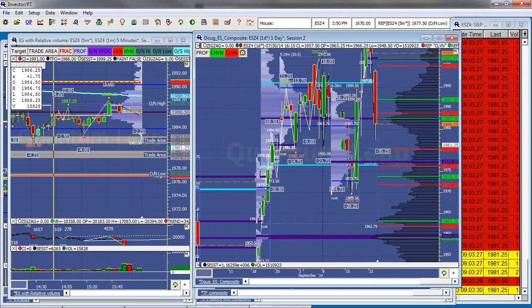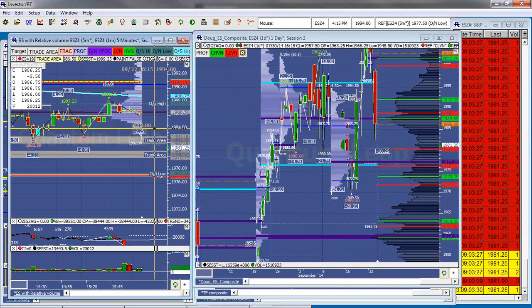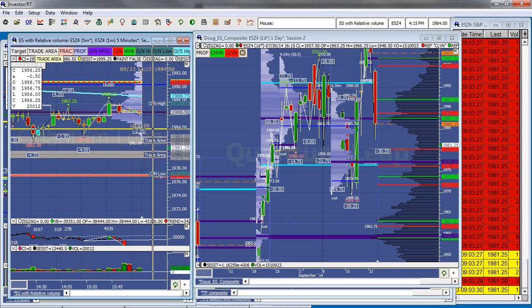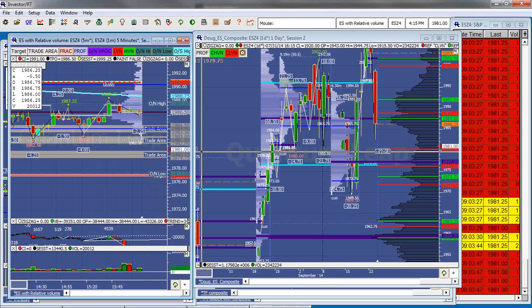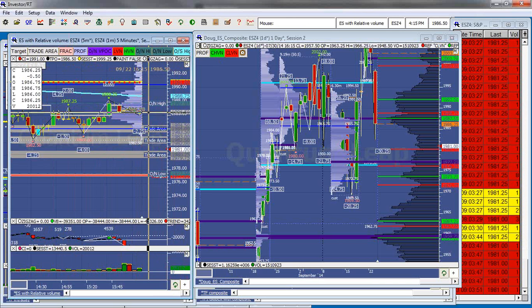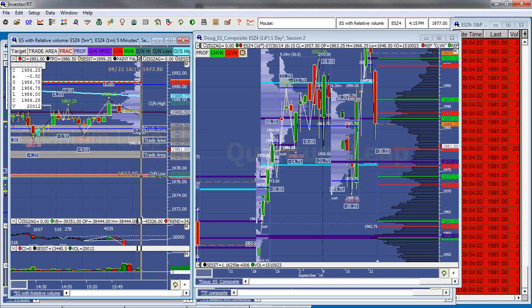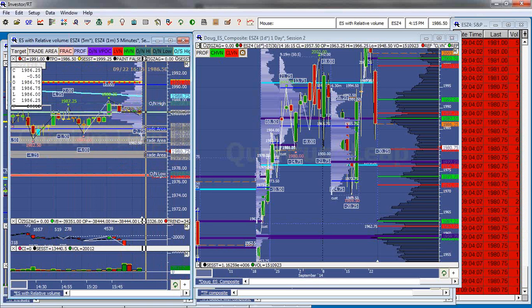If we break above that 84, I'm going to put that in as a trade area, because these are all going to be targets and they're going to be aggressive scale and entry points at the same time. Because if we break above 84, then look for a rotation to take out the naked close and the naked VPOC, especially if we hold the 80.25 and leave that 1977.50 overnight low alone. Once we get back inside of value, I'd be targeting the naked VPOC, but I'd really be looking for a move up to this